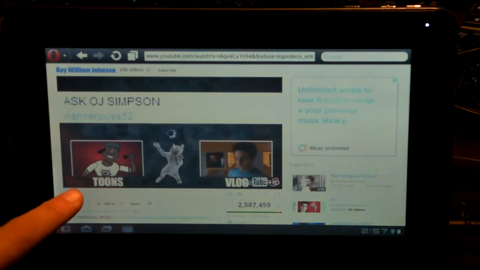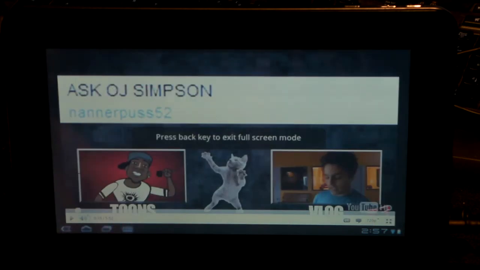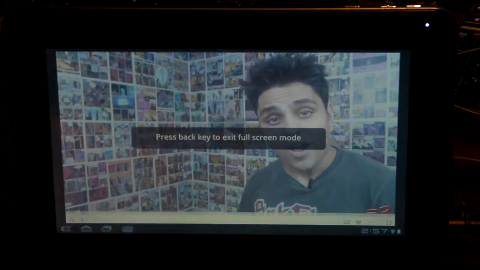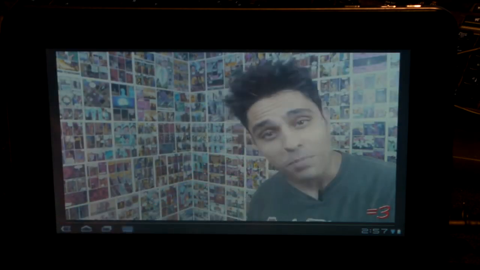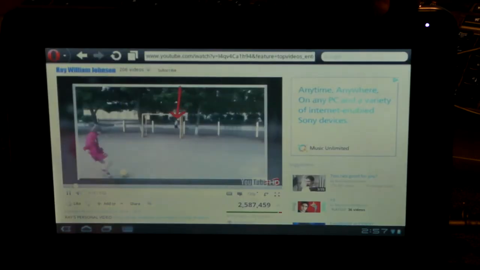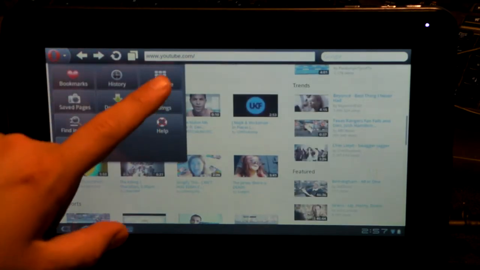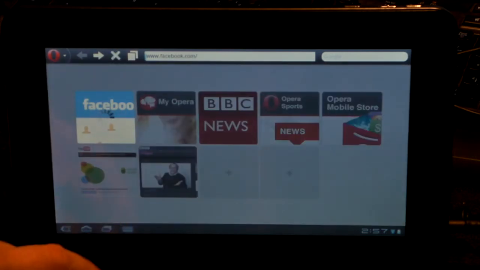If I hit 720, go back to the start of the video and then full screen it, you'll see here it's a little bit laggy, a little bit jumpy. You can watch it, but it's not very smooth. So I do recommend that you don't go any higher than 480 on there. Now, one of the sites I have tested, as you could see when I first loaded up the page, was